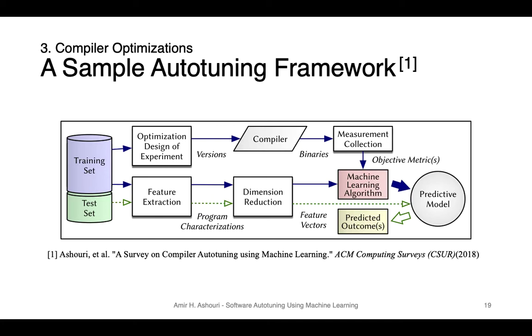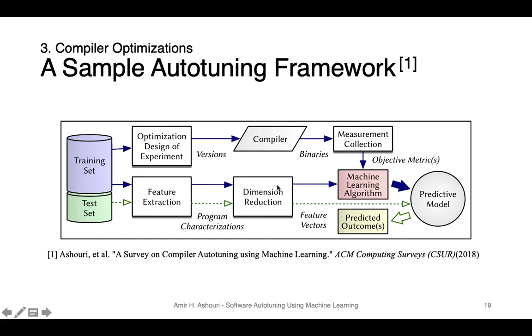You see on the left side, we start with the training set. We define the way we are generating our versions using the design of experiment, or DOE. And then we pass it to the compiler. At the end, we have some binaries. We're going to capture the performance metrics, and we feed it into a model, the machine learning model. On the concurrent path, we need to extract the features out of those applications. I'll explain in a few slides what that is.